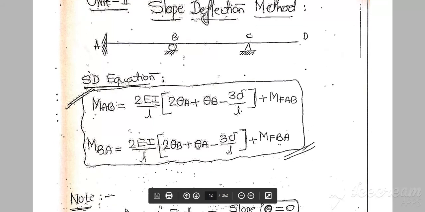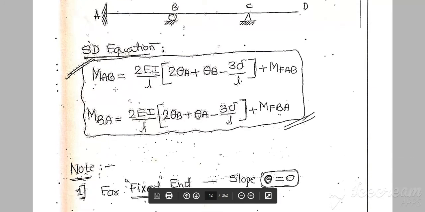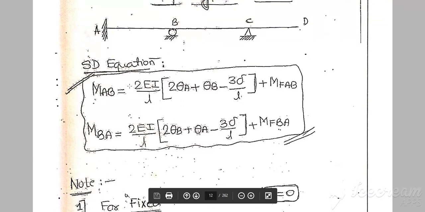In the slope deflection method, this equation is very important for calculating moment. See, here for taking beam AB or span AB, for taking individually AB and BC and CD, here the slope deflection equation for beam AB, you can see the moment M_AB is equal to 2EI by L into